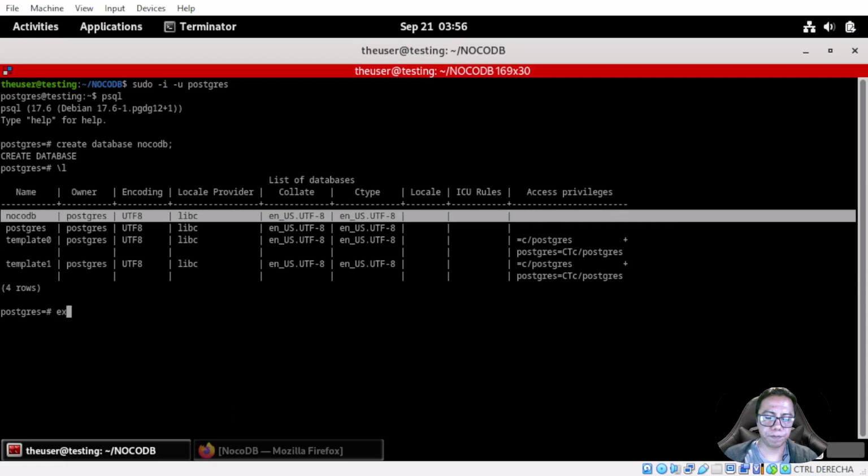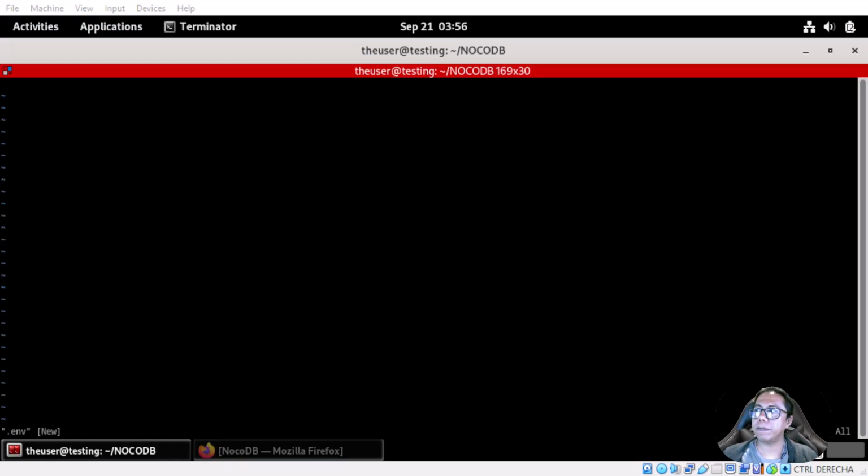After that, I need to create a new file, .env. Here, I need to configure the following line: the Postgres connection with the IP address, the port, the user, the password, and the database.